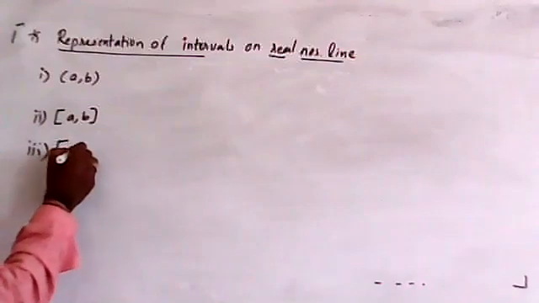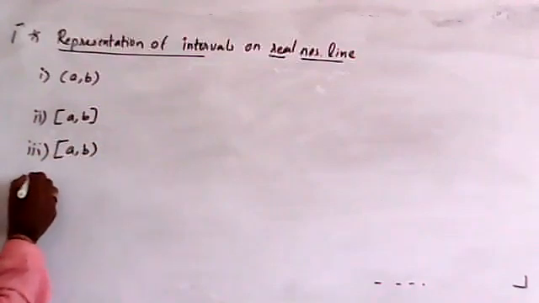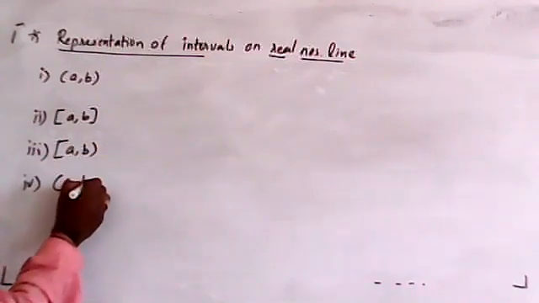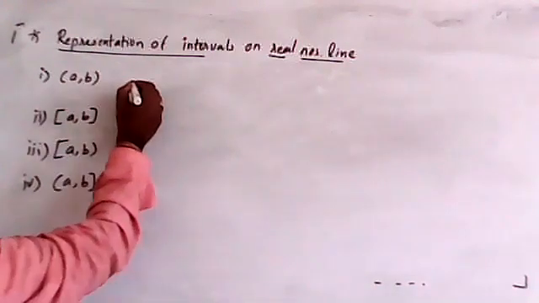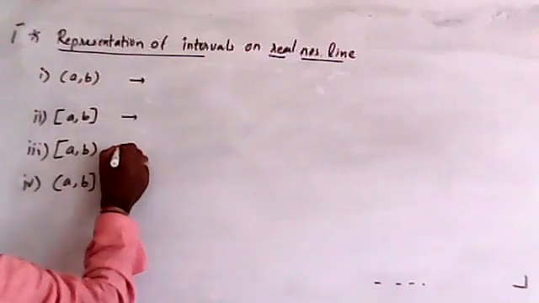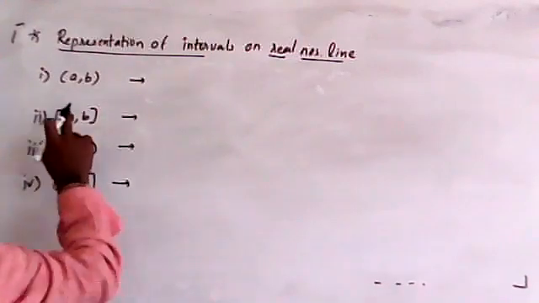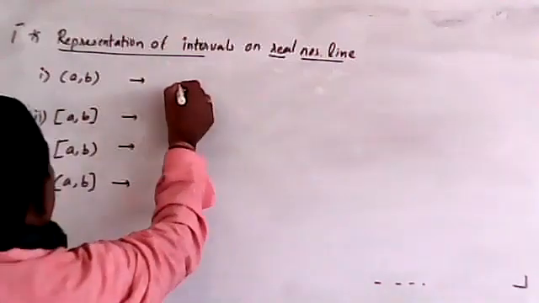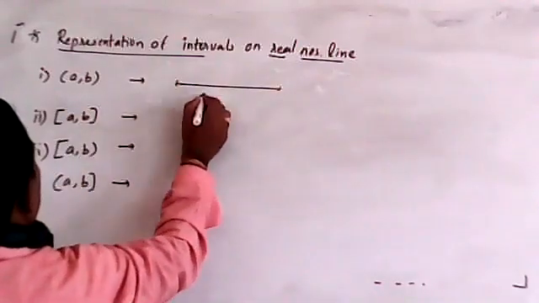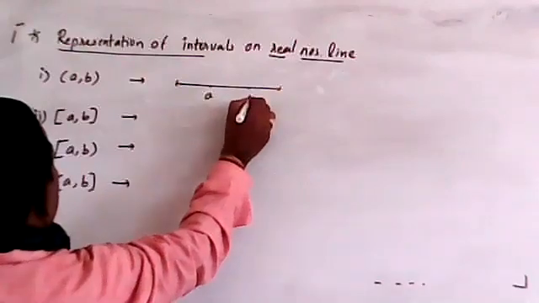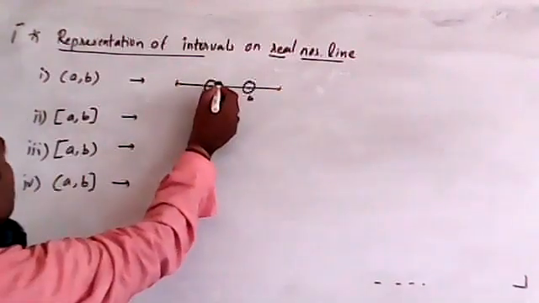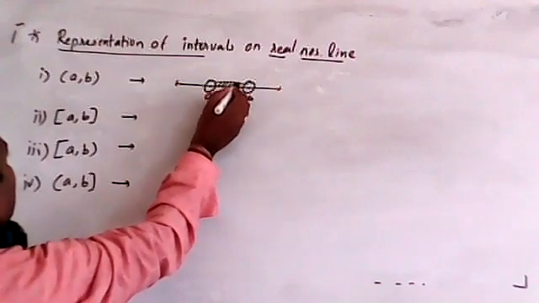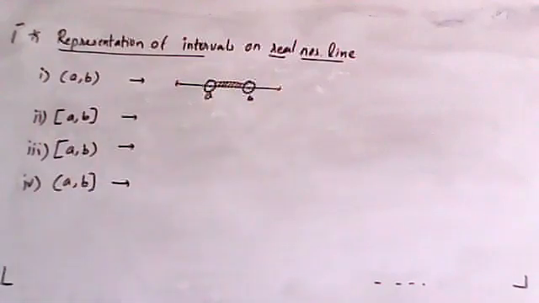If I write A is like this, B is open bracket. Now I'll write like this. So we can represent all these on the number line. How can we represent these on the number line? See, both are open brackets. Then I will draw the number line now. If I call this A and this B, now A and B are not included, but this portion is included. A and B are not included; between A and B, whatever is there, that we are including.